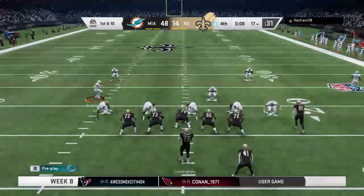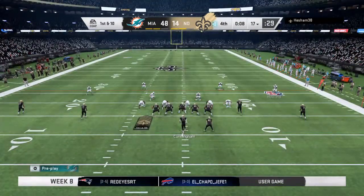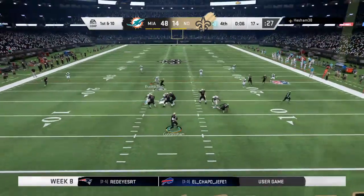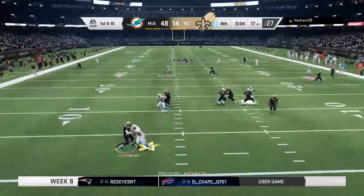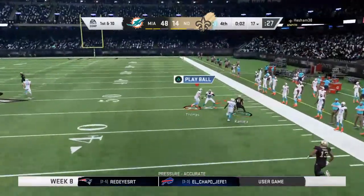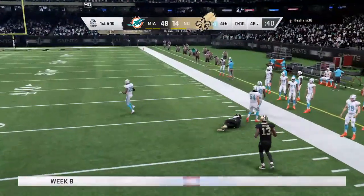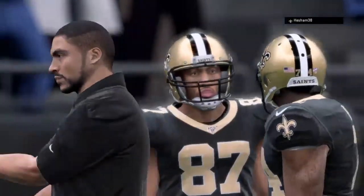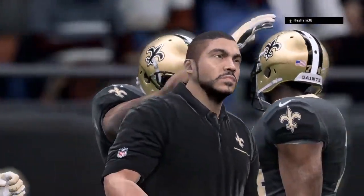The Saints offense on the field, ready to get their drive started. This is just an exercise in futility. Do you even bother running a play here offensively? I wouldn't, because now is not going to. He's got a man complete. A big offensive explosion helped leading